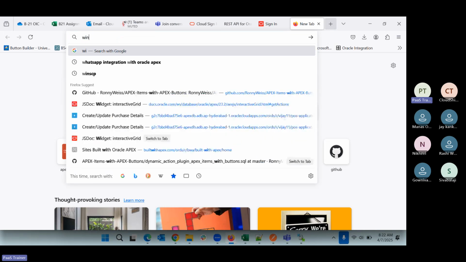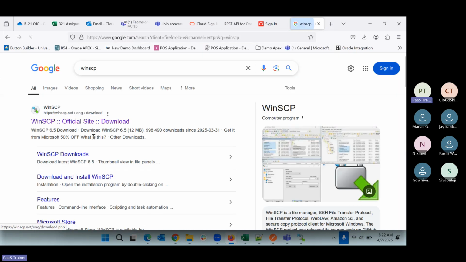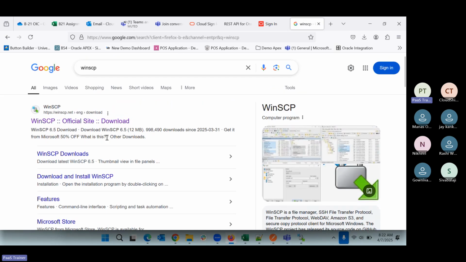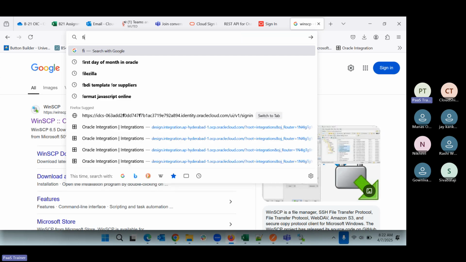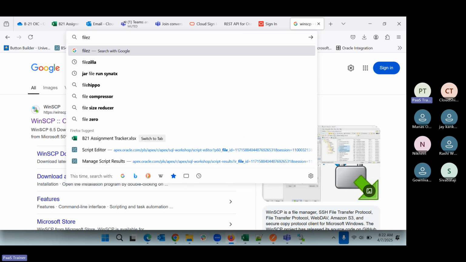One is WinSCP. You can download it, it is free, and you just have to install it. Then you can start getting those remote directories and access them. The second one is FileZilla. We have some more also, but these two are the very famous ones,